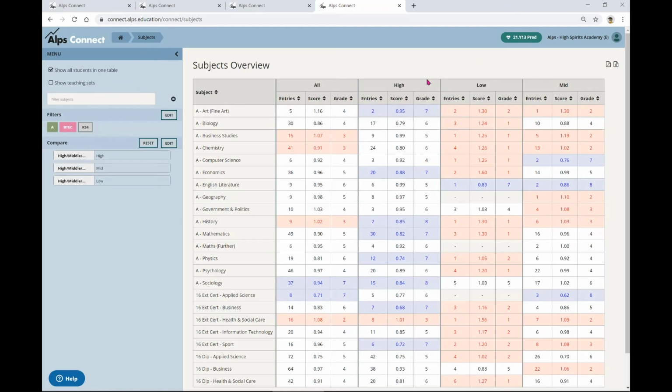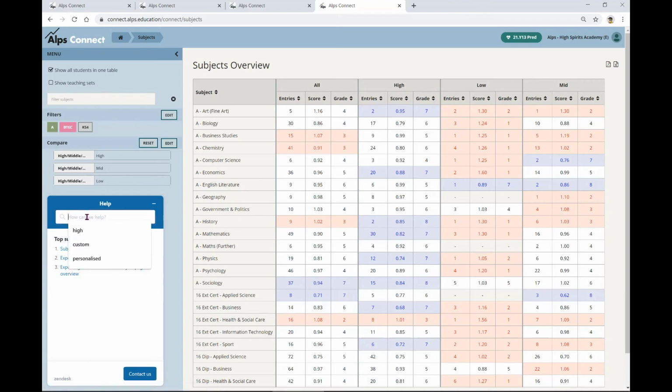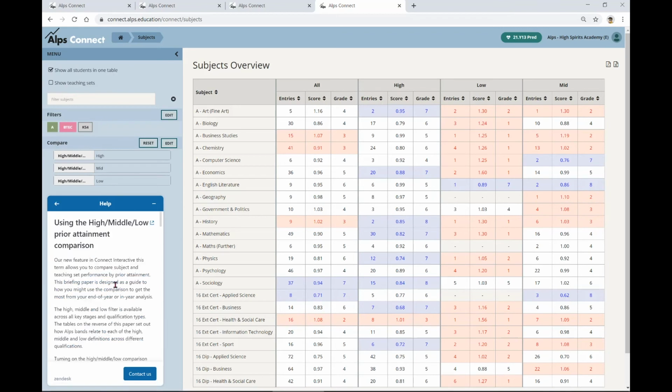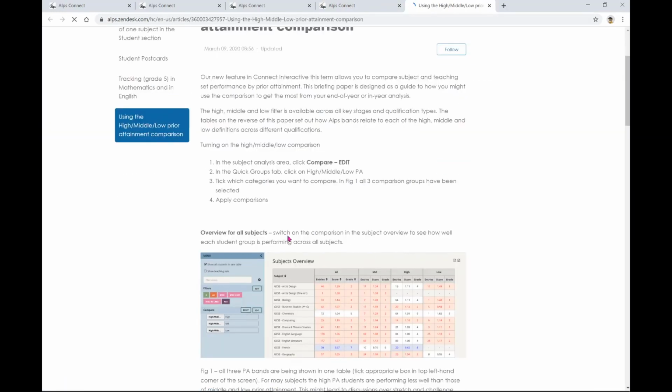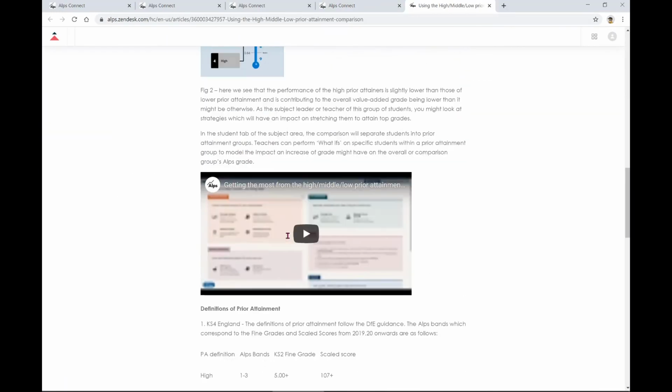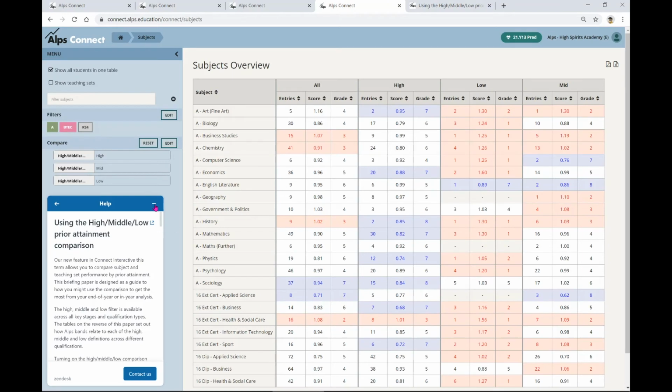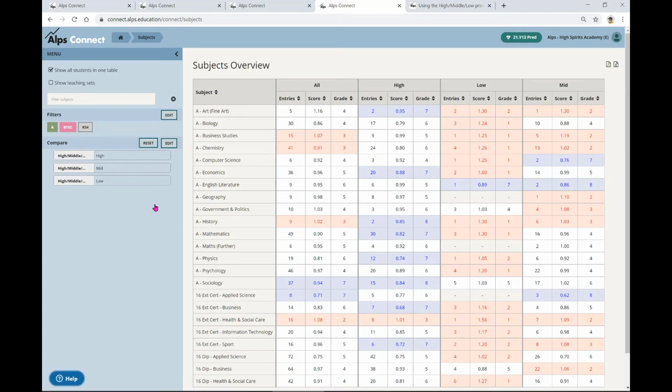If you're not quite sure on the band definition, you can go down to the help down here, and if you just type in, you can see I've done it before, high, and then just click search, you do get an article. That's obviously a little bit tricky to read, small down there, so if you do that it will pop up into a new tab. There's a few videos and a bit of explanation, but here you can see there's a definition of the bands. So coming back to where we were, I'll just make that small again.